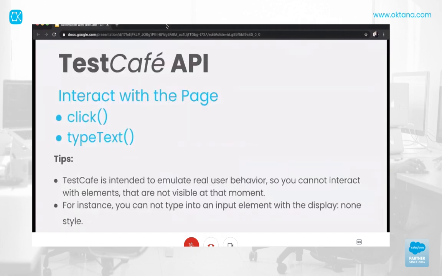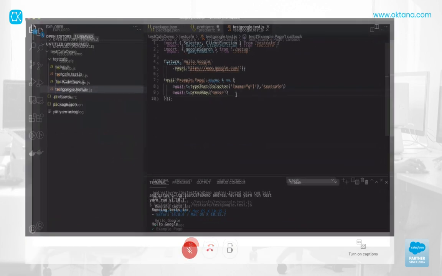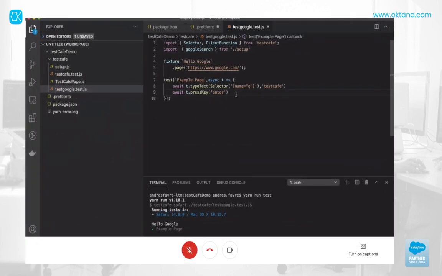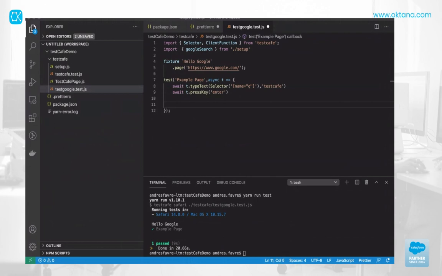What is missing here? Why is this test not complete? Because we don't have any assertion. So let's add some assertion here. We type await expect. And for example, for Google,